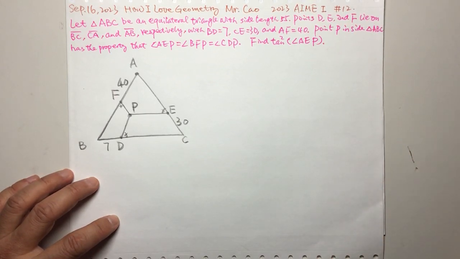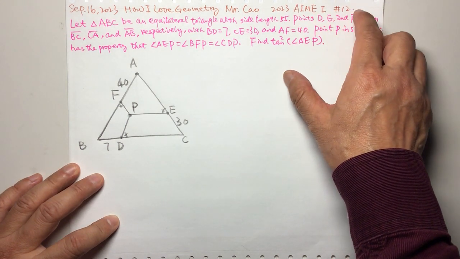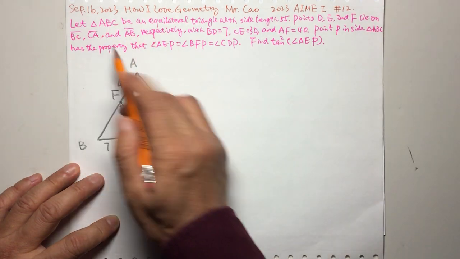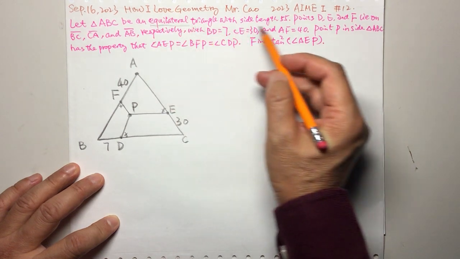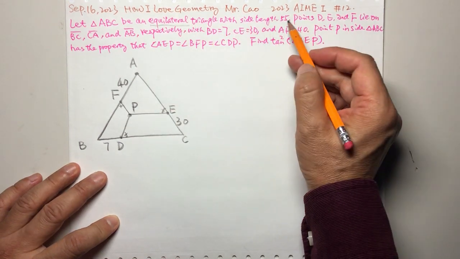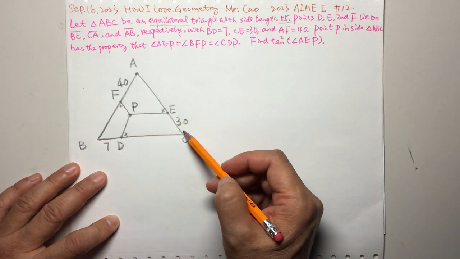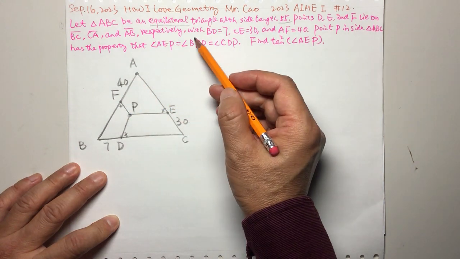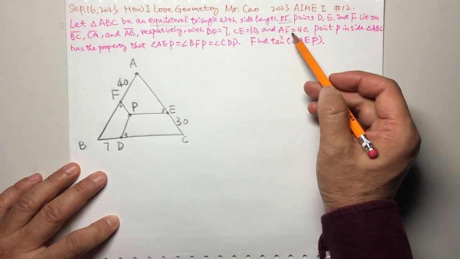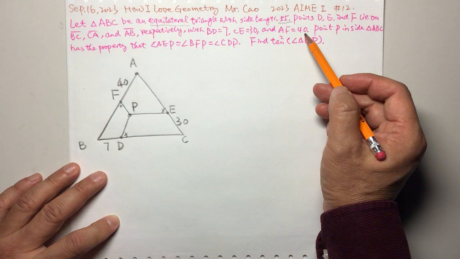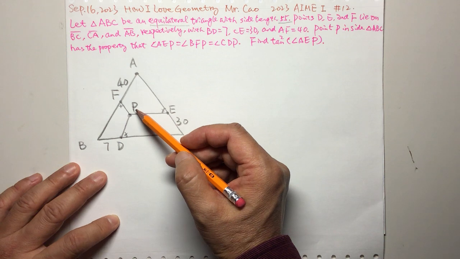I'm Mr. Chang. This problem is from 2023 AIME 1, problem number 12. Let triangle ABC be an equilateral triangle with side length 55. Points D, E, F lie on BC, CA, and AB respectively, with BD equals 7, CE equals 30, and AF equals 40. Point P inside the triangle ABC has the property that angle